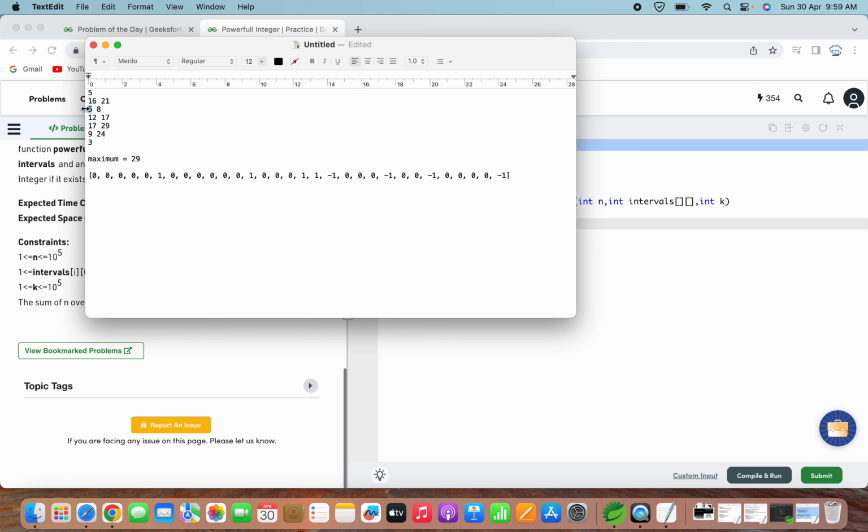Wherever it is, 5 will be plus 1. Wherever it is, 12 will be plus 1. 17 will be plus 1, 9 will be plus 1. Okay, so the starting point will be incrementing by 1 and the ending point plus 1, that value will be decrementing by 1. So for example,